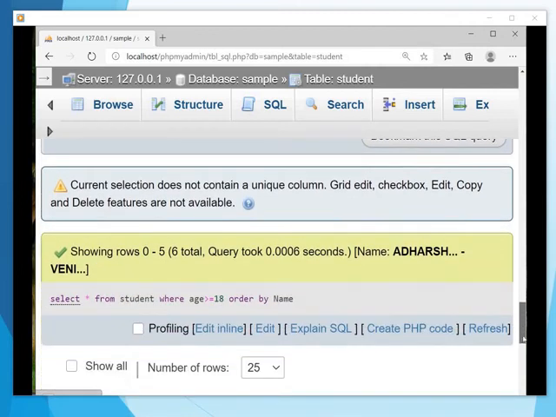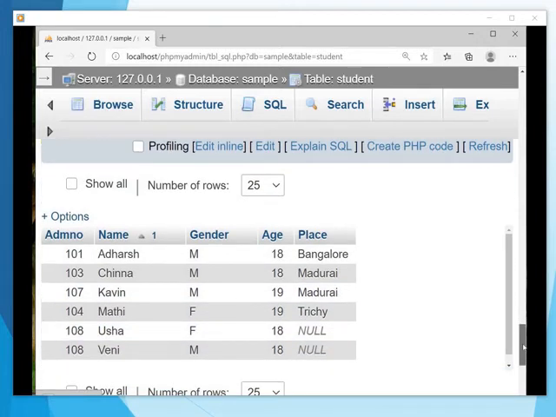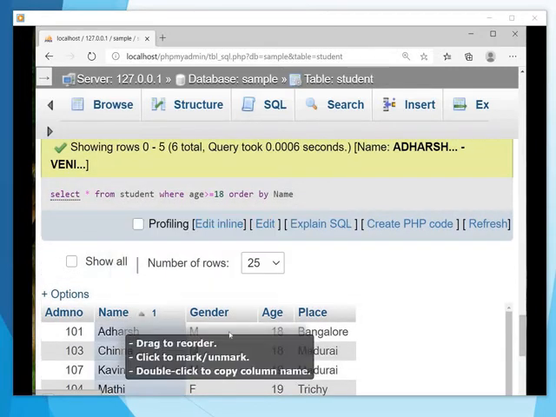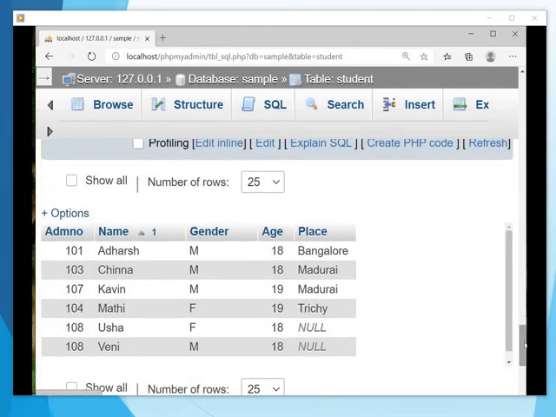Next is greater than 18 by the name, so it is arranged on the basis of the name. The names are in ascending order, and at the same time the records have ages 18 and 19 alone, that means greater than 18. Is it clear, children?